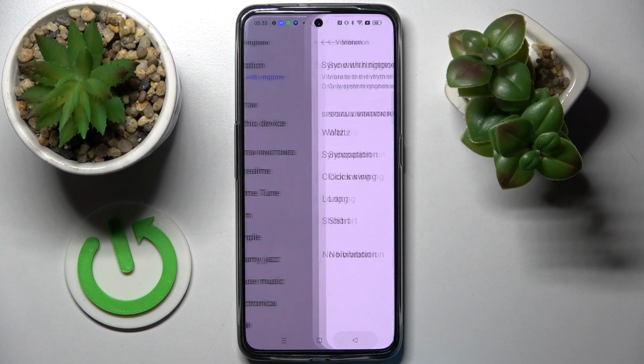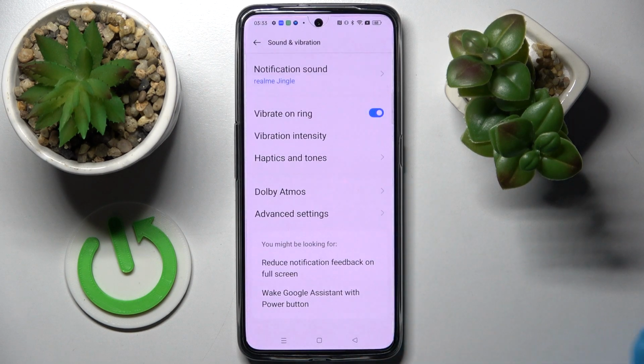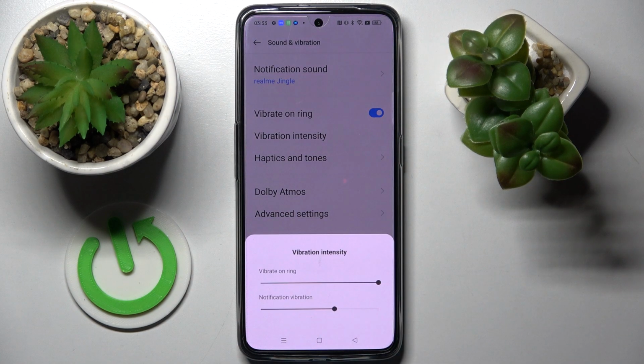When you're ready, just go back twice. Now scroll down and click on the switcher next to Vibrate on ring to switch on or off vibrations for incoming calls from here. Now you need to click on vibration intensity and adjust intensity of vibrations for incoming calls